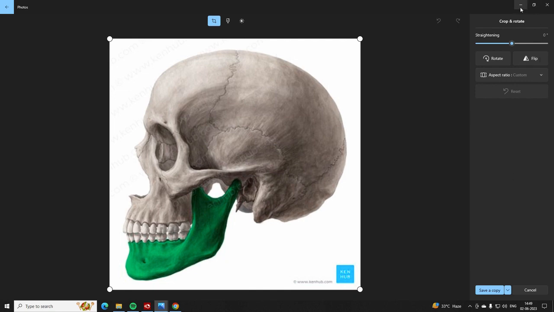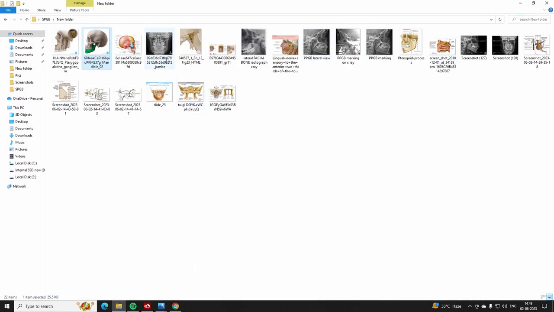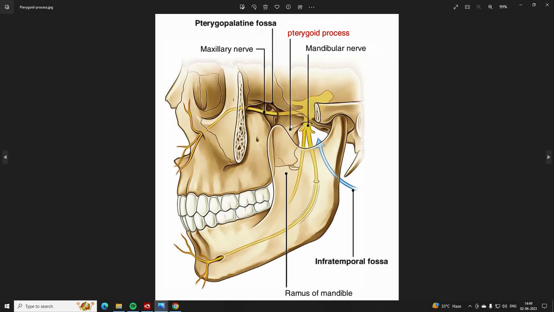I should take this picture. Okay, see. Yeah, we can see here this is the pterygopalatine, this teardrop shaped space. Okay, I will come in detail inside. So we can see here the coronoid notch, and this is the condylar process. This is your mandibular notch. So this coronoid notch is actually almost at the same level of the pterygopalatine fissure, through which we will enter